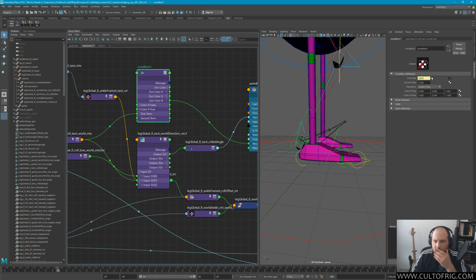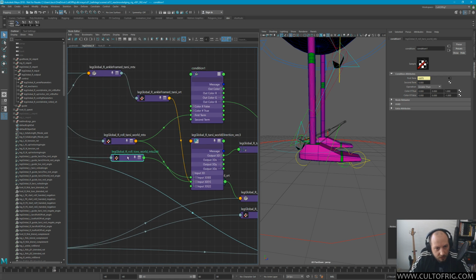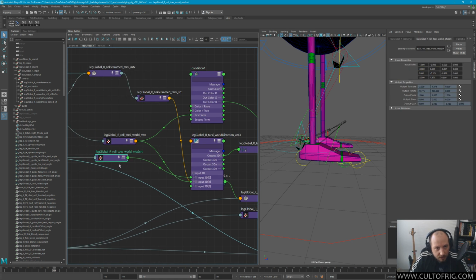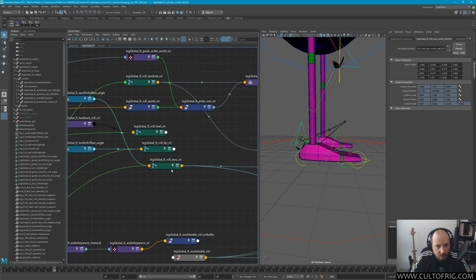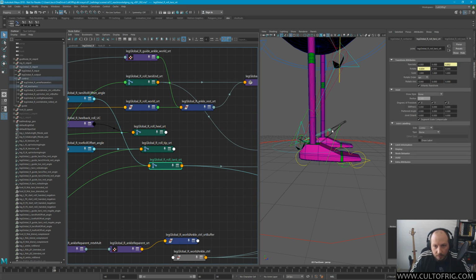Greater than, so it's always greater than? Is that what's going on? Yeah, it's always greater than. That's possibly the issue. Yep. So our logic is wrong here. What did I connect? So Tarsi world matrix, TOS world matrix. So when that one,